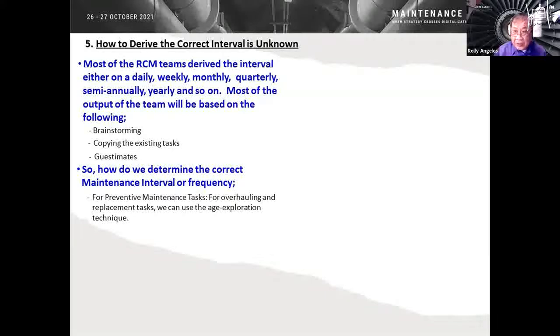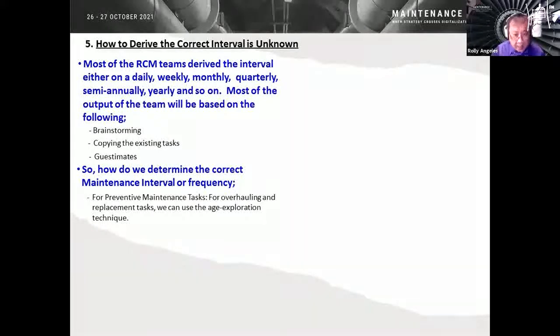Okay? So in 1 year, you have 365 days. Multiply that by 10%, you have 36.5. So our next replacement of the impeller will happen next year plus 36.5, or plus 30 days,